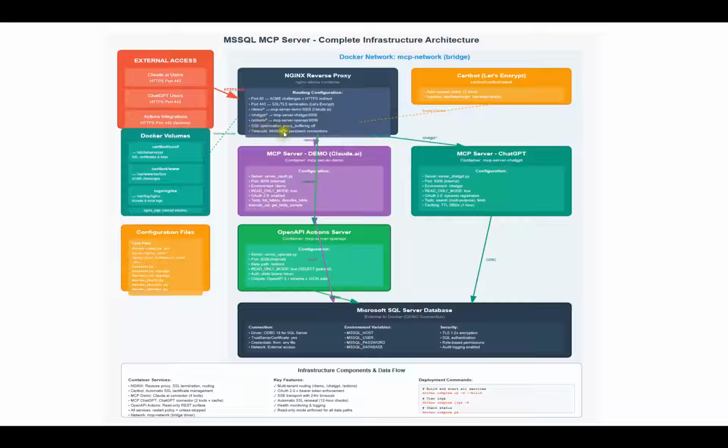We can easily replace this by simply replacing the routes, but for the time being, when I started this series, the SSE protocol was not yet decommissioned, and that's why I created it for that protocol. But in any case, on the client side, Claude and ChatGPT still allow using SSE or HTTP streams.